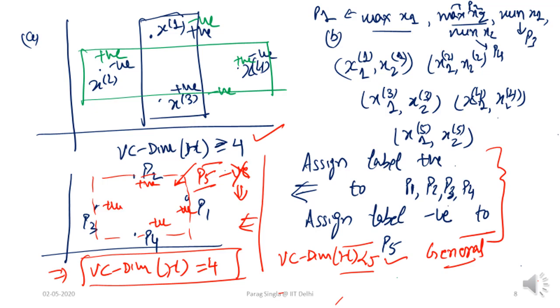And by design, it has to be the case that P5 is inside or on the rectangle. Therefore, if all these 4 points are labeled positive, then P5 must also be labeled positive by this rectangle. In some sense that's a contradiction, because we really wanted a rectangle where these 4 points are positive and this fifth point P5 is negative.